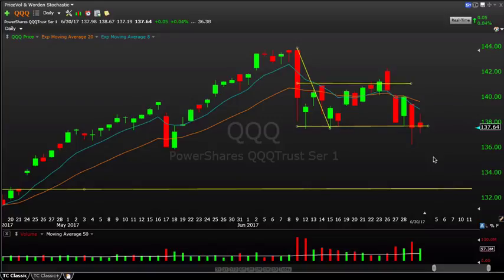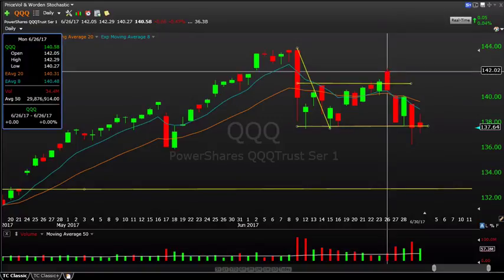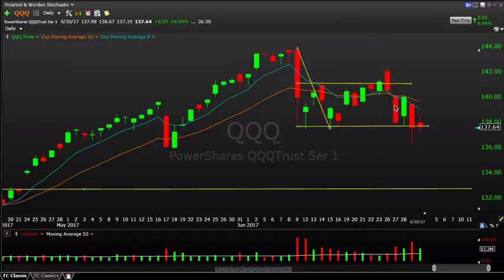But for us, as far as that short position, if you recall, we got short here on the 26th. We covered some here on the 27th. We covered some yesterday, and we exited the rest of our trade here on Friday. So we're no longer short the Qs. We got sort of what we were looking for. We held it into Friday to see if we could get maybe a gap down, maybe some capitulation. Didn't really happen. This could turn into a bear flag. Again, we could leg lower here, break through this support definitively, and the Qs would be in a bigger pullback situation. But for now, we captured what we were looking for out of that trade, and we're moving on.